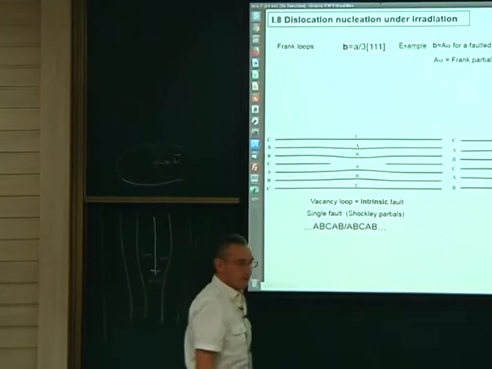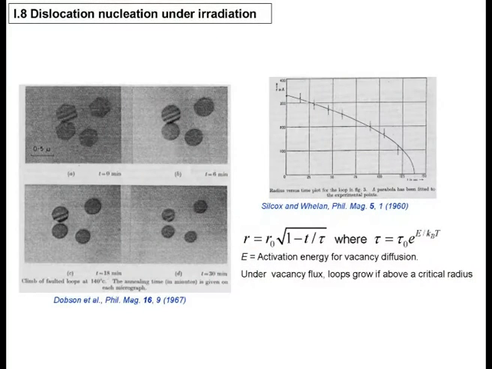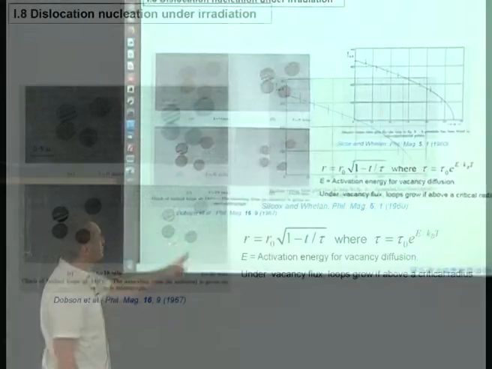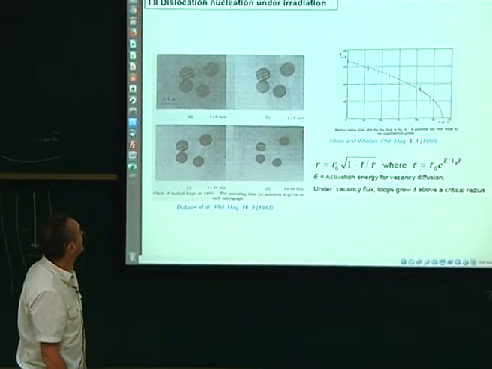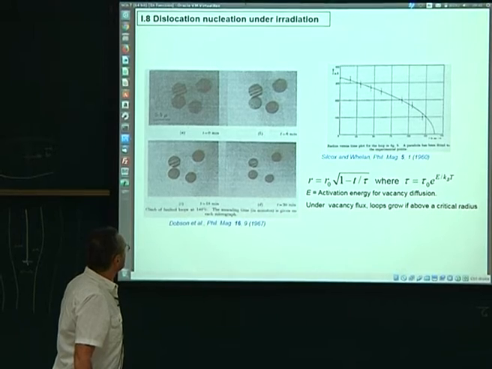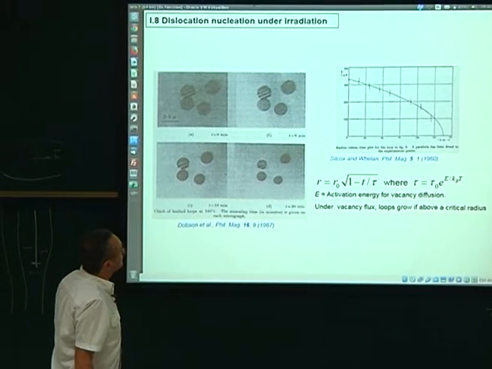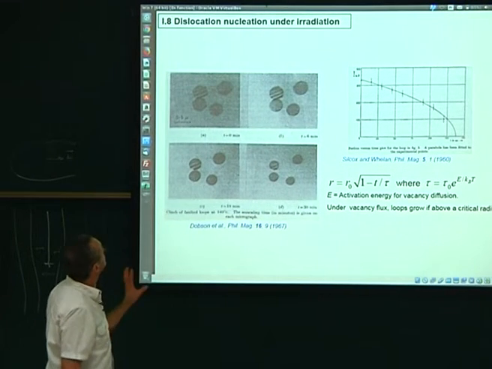Now those loops move with time because of the diffusion mechanism, since they are surrounded by atoms or vacancies. If those atoms or vacancies are diffusing in your material, then the size of the loop will change. So typically, this is what you can see in these snapshots here. You have 0 minutes, 6 minutes, 18 and 30 minutes in the same material. So this was done by this guy a long time ago. And which material was this? I don't remember, maybe aluminum.